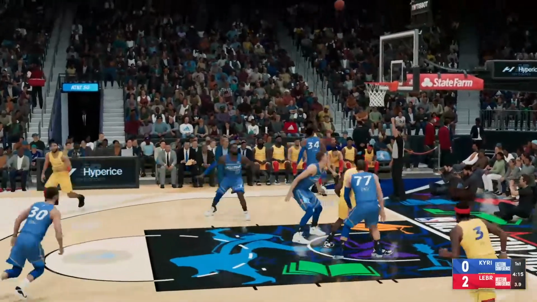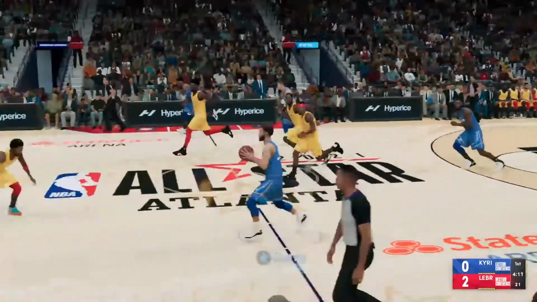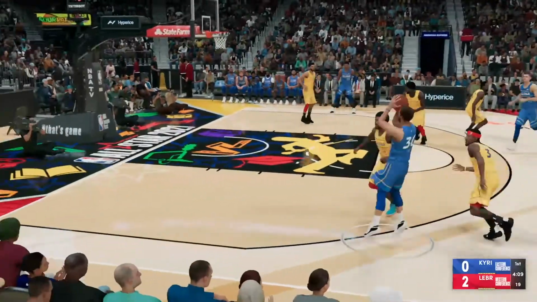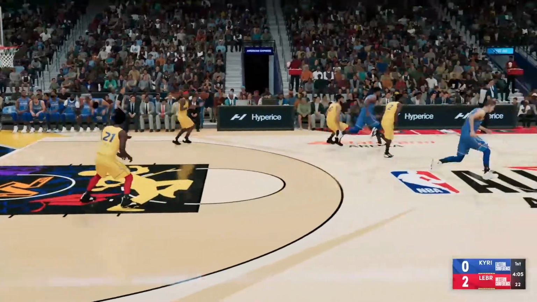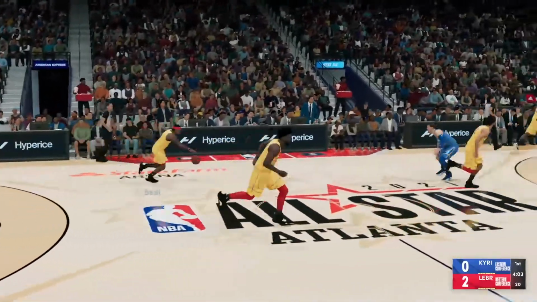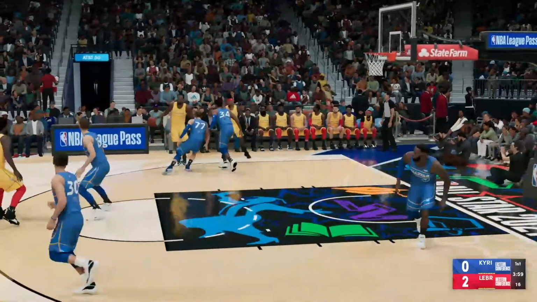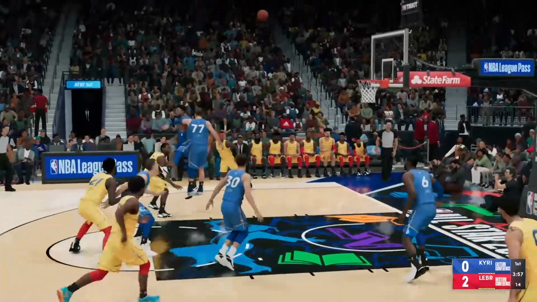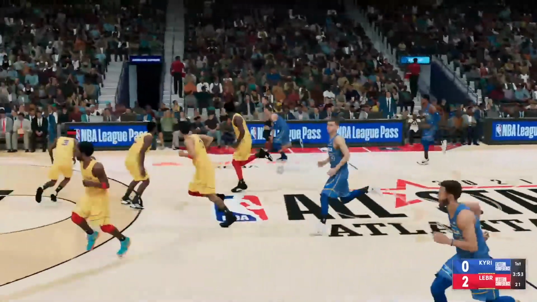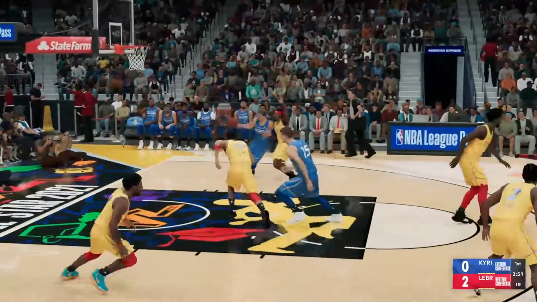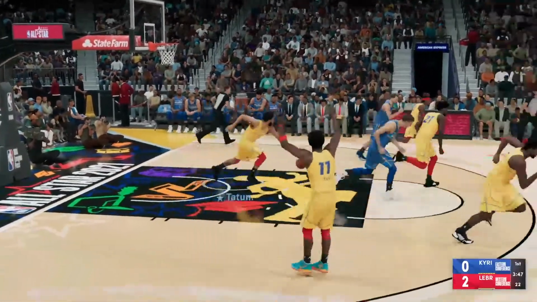Embiid in the corner. Off target with his 3. And he didn't punish them for the weak coverage there, but they can't count on him to continue missing. And just about a minute into the first quarter. Here's Leonard. No good on that one. Now the West All-Stars the other way. And Doncic, here we go. Wasted no time on that shot, but it's off the mark.